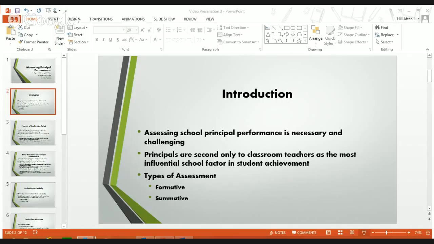Equivalence is the degree to which two similar forms of a test produce similar scores from a single group of test takers. So you do this by giving the same group of test takers two different tests that measure the same content and then correlate those two scores. Equivalence and stability is the combination of the first two. Give one group of test takers a test, then wait a while and give the same group the different test, and then correlate the scores between those two tests.